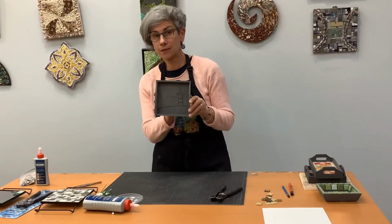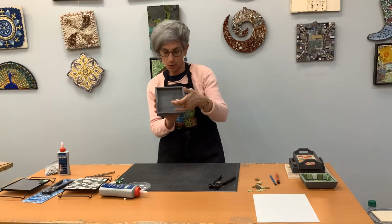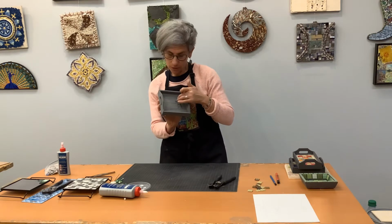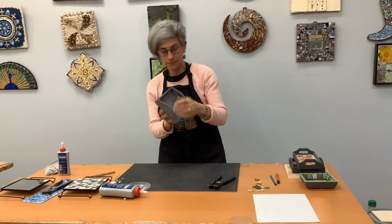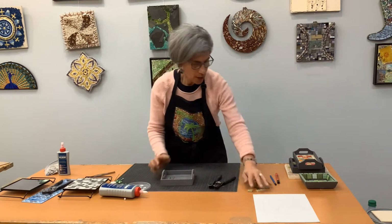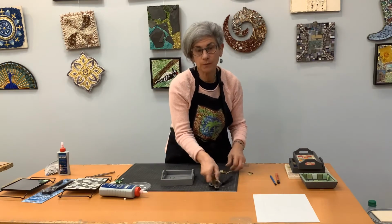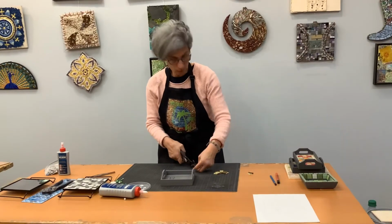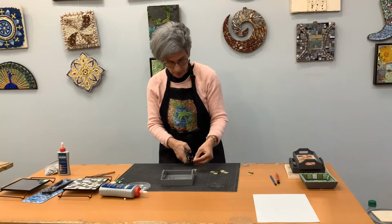I'd call this a landscape. For a landscape, I usually start from the bottom and go up. So I'm going to do this sandy area, next I'm going to do the lighthouse, then I'm going to do the background. The background is water and sky. First, for my sand, I chose sandy colored tiles, beiges and browns. I'm going to cut up a bunch, and you can look at the YouTube video on cutting to get a tutorial on that. I'm just going to cut a bunch up,